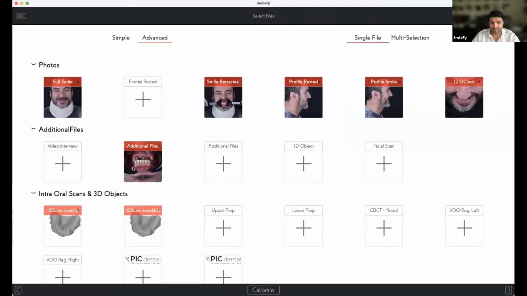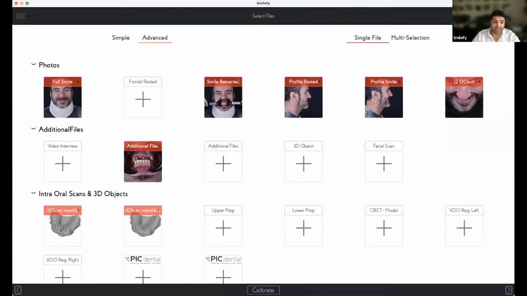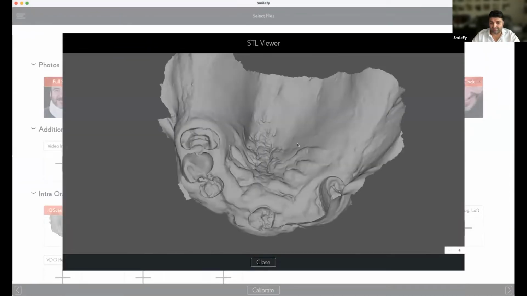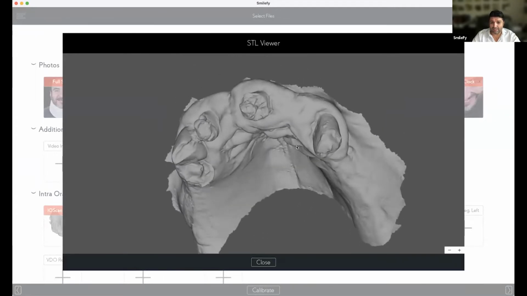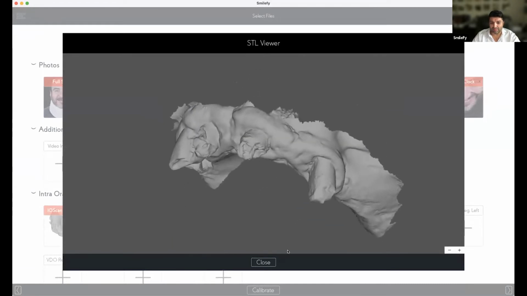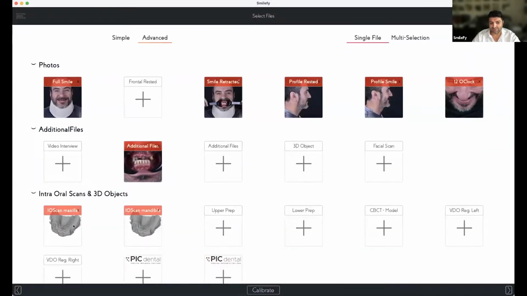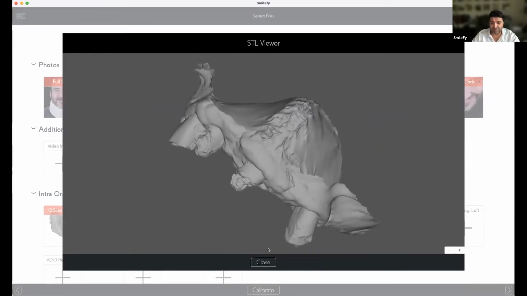These are really challenging cases, nothing easy. And then we have the intraoral scan. In this case, you see it is very, very challenging, even to calibrate the picture with the intraoral scan because of the situation of the patient.